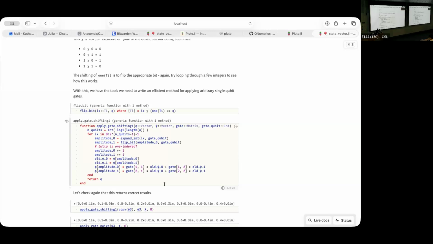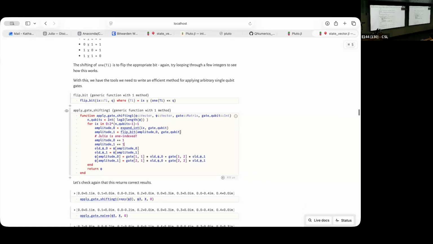Yeah. This is for 1 qubit. Yes. For 2 qubits, we'll get there. We'll get there. Okay. That's a later exercise. Okay. So again,